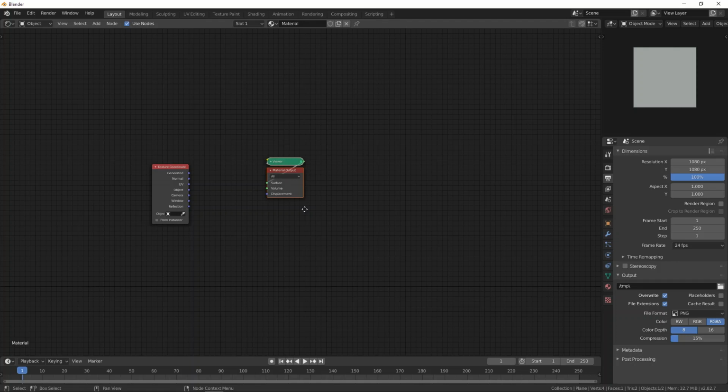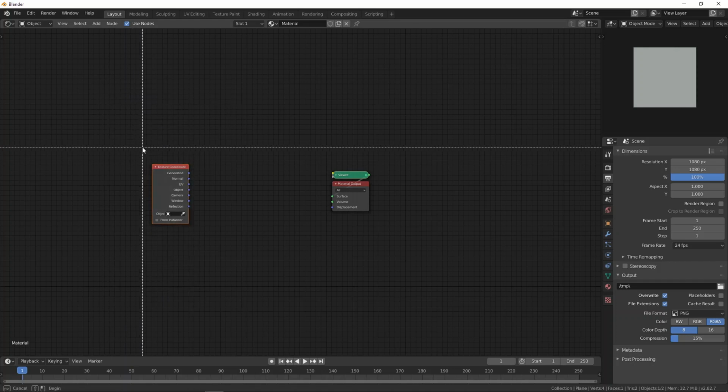So how do you select nodes? There's multiple options. You can just click and drag for box select. You can press B to do the same thing, and then if you hold down middle mouse button while dragging instead of using your left mouse click, then you will deselect. The same for circle. You can also hold down middle mouse button to deselect,